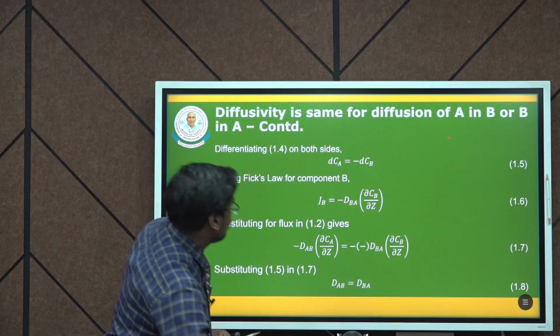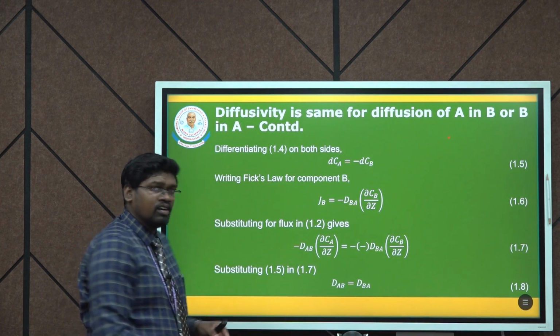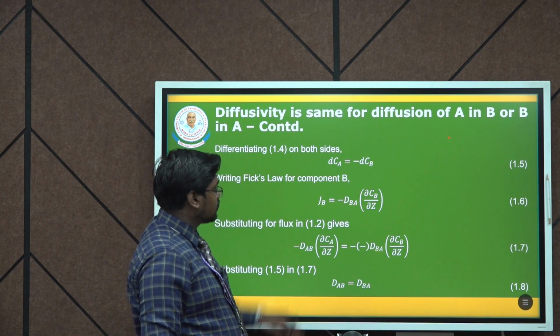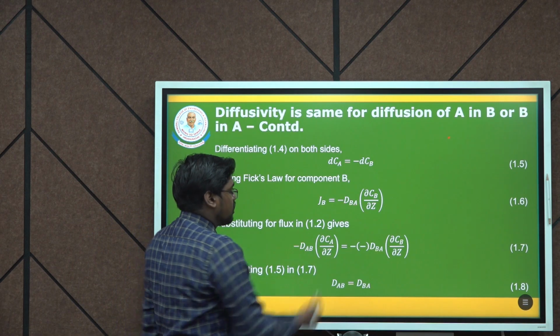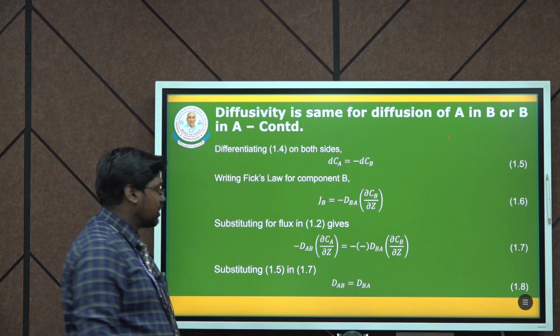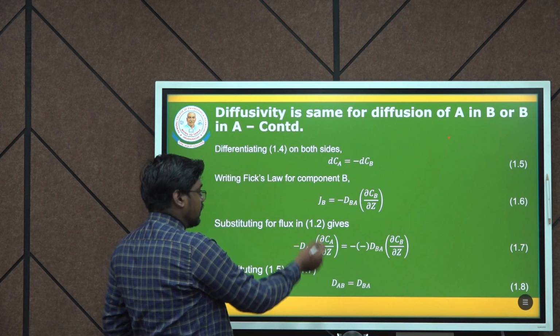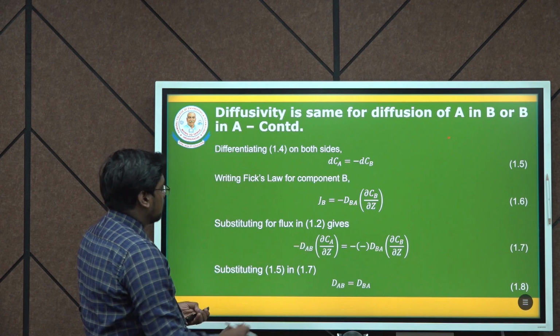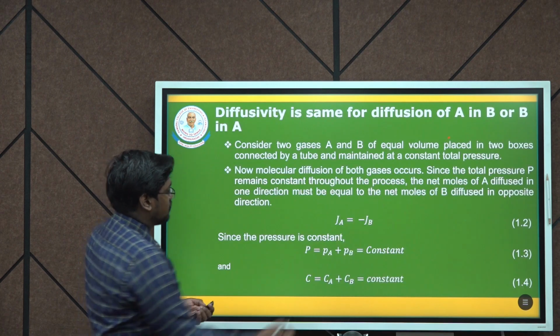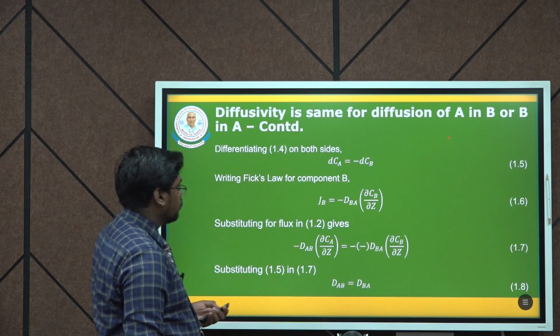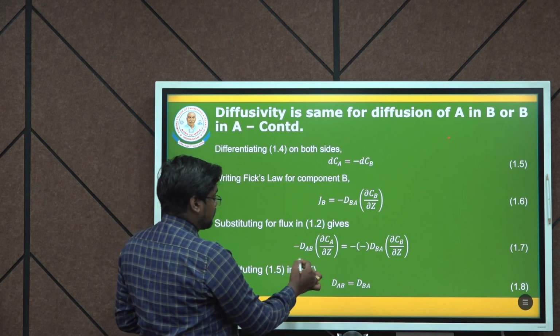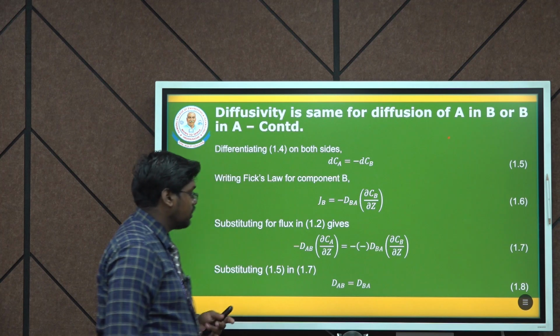Writing Fick's law for B, by substituting Fick's law for the flux of B, JB is equal to minus DBA into dou CB divided by dou Z. Substituting the flux in equation 1.2, the previous equation, JA is equal to minus JB, gives minus DAB into dou CA divided by dou Z is equal to